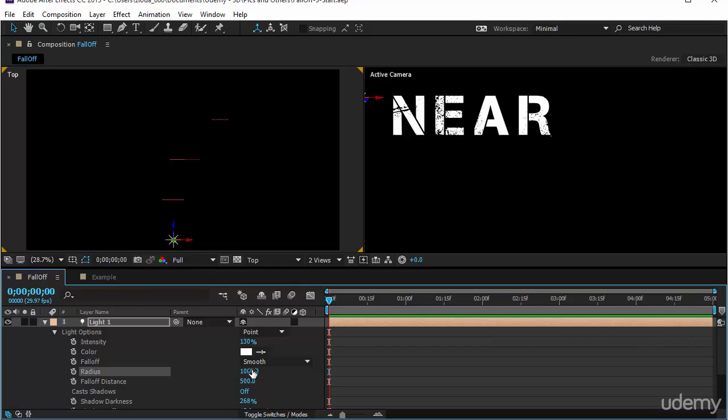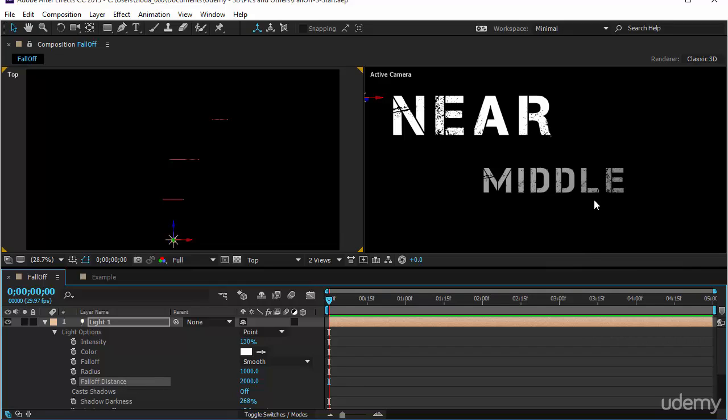Now, you can either increase the radius and then you will have the other two layers within full intensity of the light, or increase the fall-off distance, which makes the light decrease intensity linearly, meaning with a linear effect. I will increase it to 2000, and you notice now middle has appeared, but its intensity is not 100%. It does not fall within the radius, it falls within the fall-off distance, and hence the intensity is diminishing here